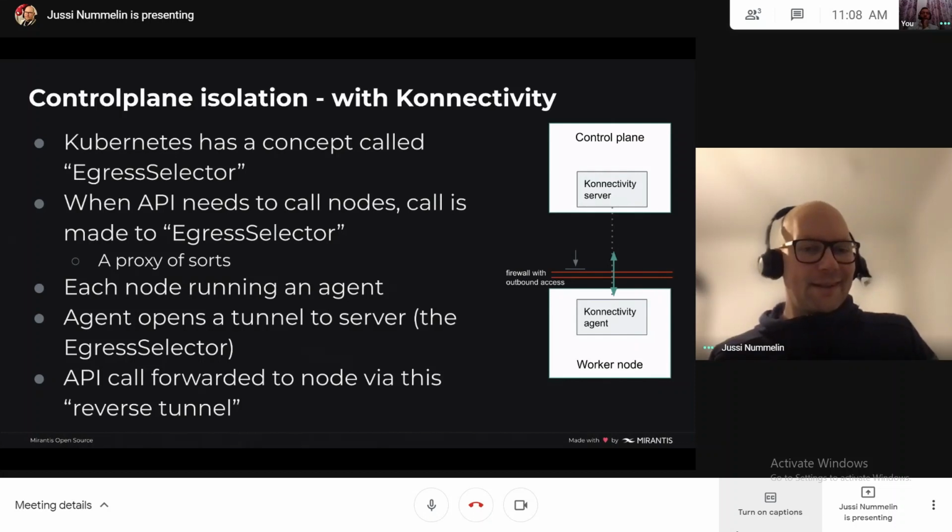But we do this with standard Kubernetes configurations, and this connectivity server is one of the Kubernetes projects, especially from the infrastructure SIG, that we are using and hopefully contributing to in the future.